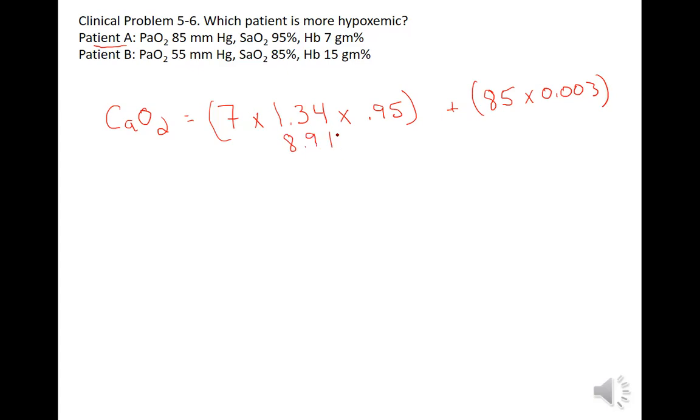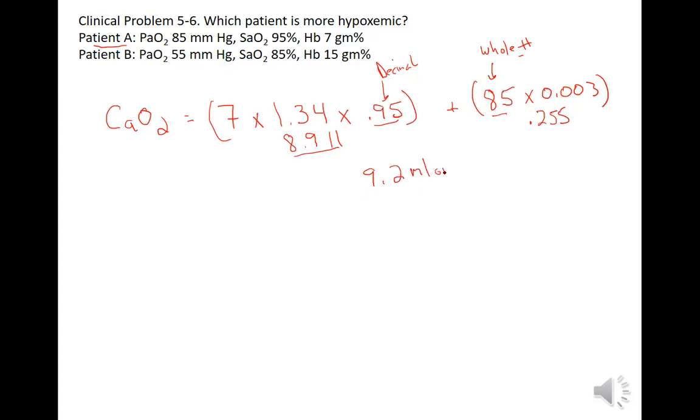I did this for you because the narration is wrong. I think she either should use the decimal here or use a whole number here. So make sure this is a decimal, or if it's 100%, it's 1. And this is a whole number for the PaO2. So the other side of the equation was about 0.255. Does that sound about right, Maria? And if you add those two together, what do you get? Yeah, so 9.2